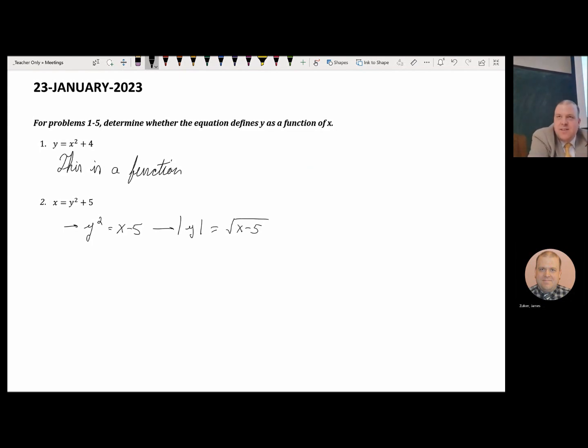There's a reason I'm doing that intermediate step. The absolute value of y actually is important. But absolute value equaling something is the same as saying that the value itself, y, is plus or minus whatever it equals, right? So y would be plus or minus the square root of x minus 5. Keyboard needs to go away, thank you. This means